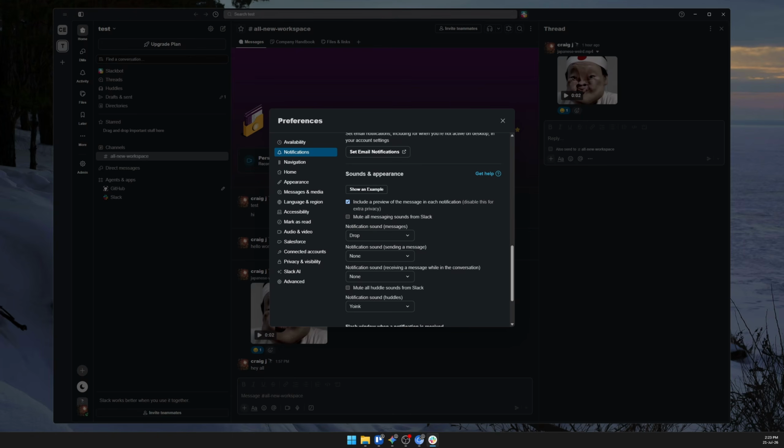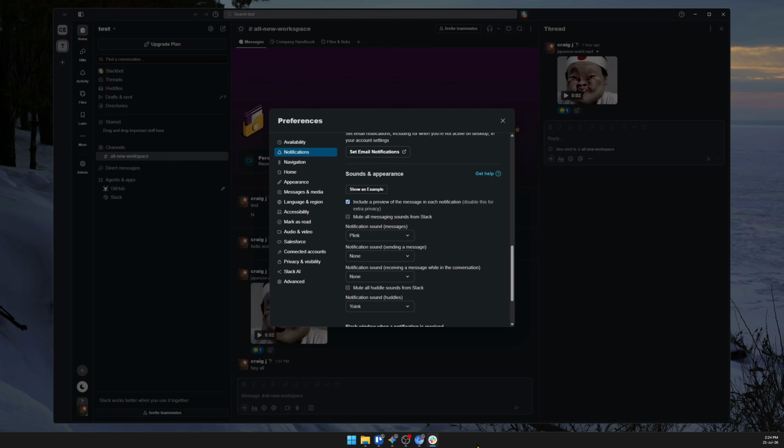Next, look at the drop-down menu next to Notification Sound, right here. And if it says None, click it and select a specific chime. So in my case, it's set to drop. Click on this drop-down, and I'll just set it to plink, for example. There you go, you heard that sound. So the next time I get a notification, I'll get this precise sound to play to get me notified about